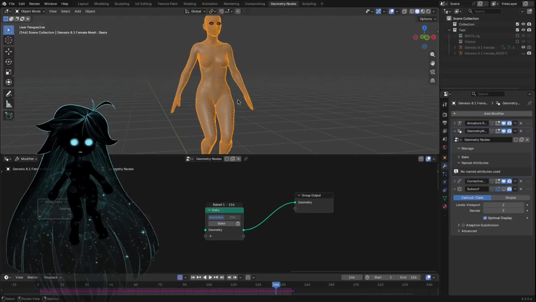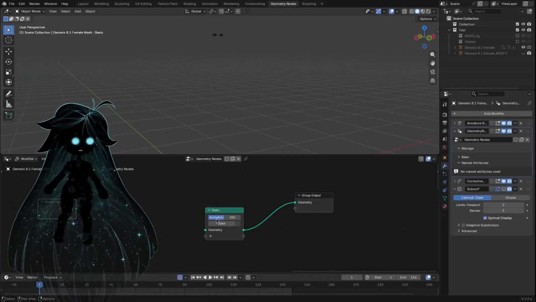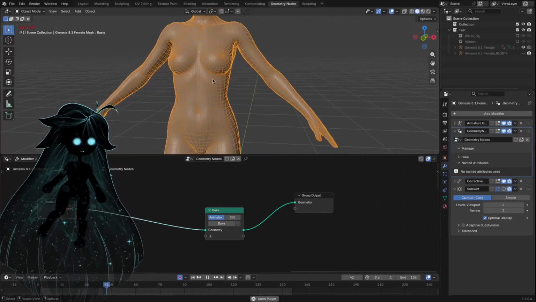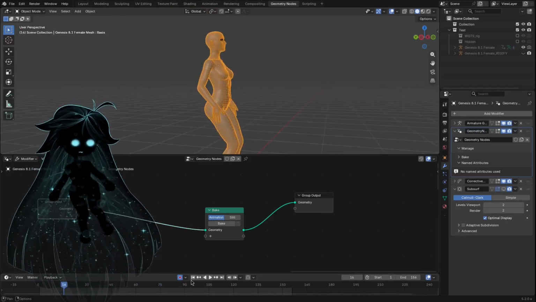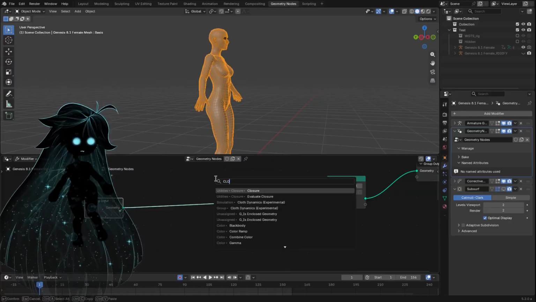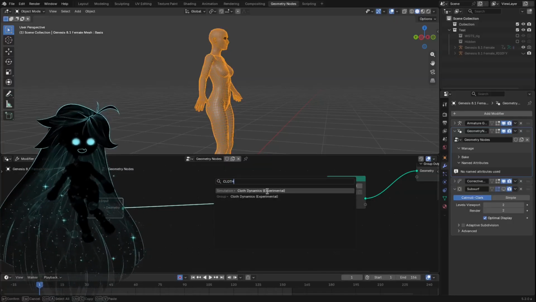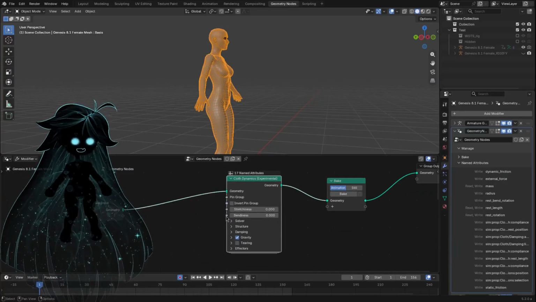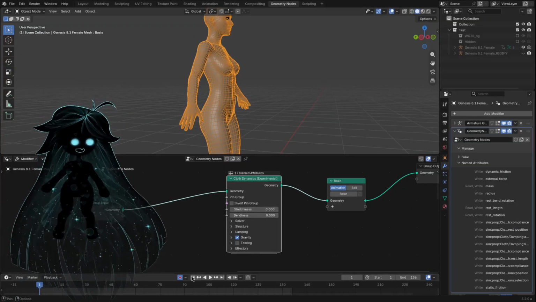This is what you're gonna need. Let me just delete this bake, plug it in. So this is our base animation, and the first thing you're gonna need is the cloth. If you just search cloth, it's Cloth Dynamics Experimental. You just plop that in, and if you hit play,